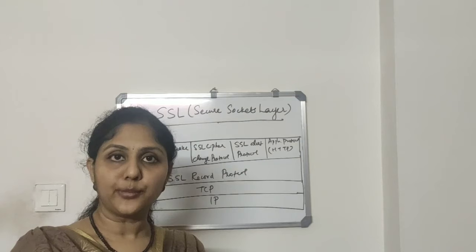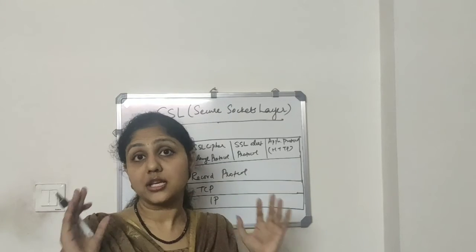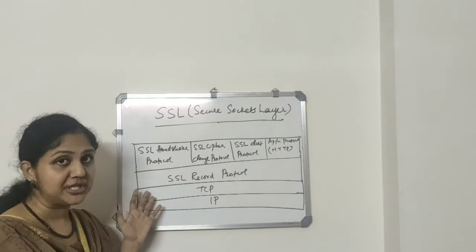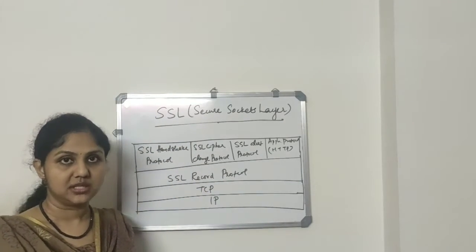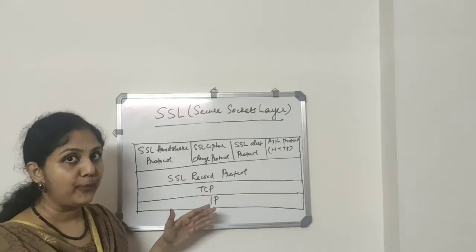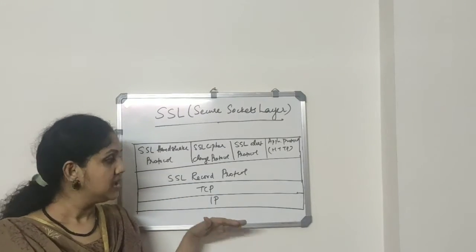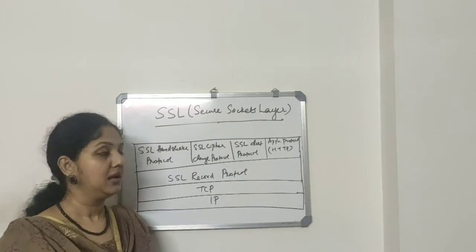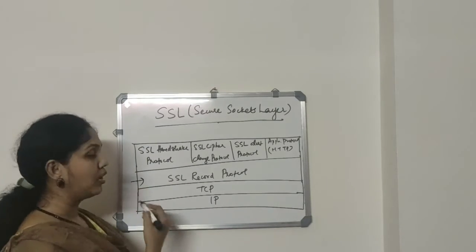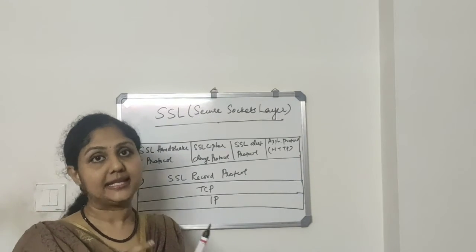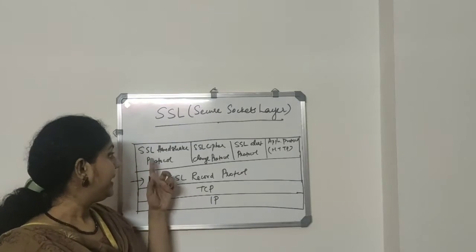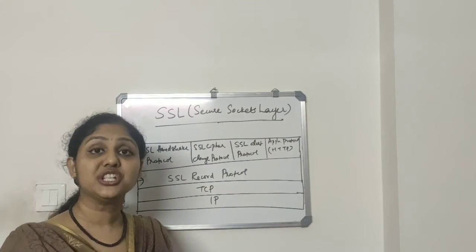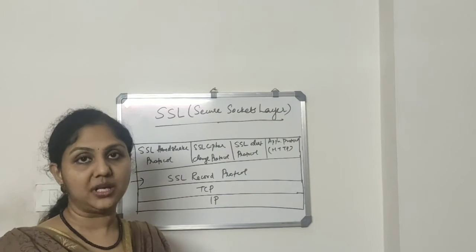SSL is not a single protocol. SSL contains a collection of protocols. It is a framework. So it contains protocols for encryption as well as for management of sessions. SSL is a layer 4 protocol, that is, it works on the transport layer. So that is built upon the network layer: IP, then TCP, then comes the SSL. The SSL record protocol is responsible for data integrity and data encryption. The other protocols listed here are responsible for the management of the sessions, session establishment, termination, etc.